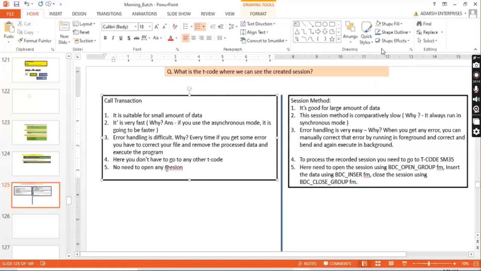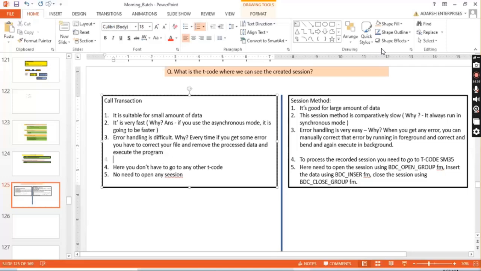You can write multiple differences, but the first three are the important ones you have to remember. One of the important differences we have written here: the session method always runs in the synchronous mode. So maybe I can write that as a difference. Only two modes are possible, two running